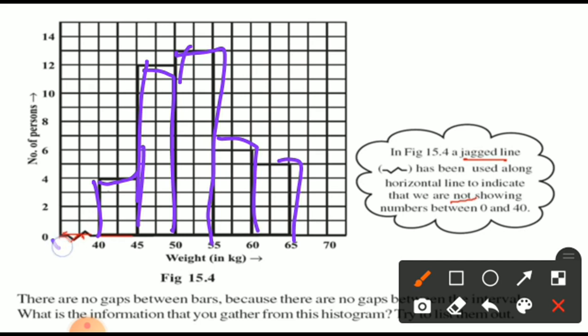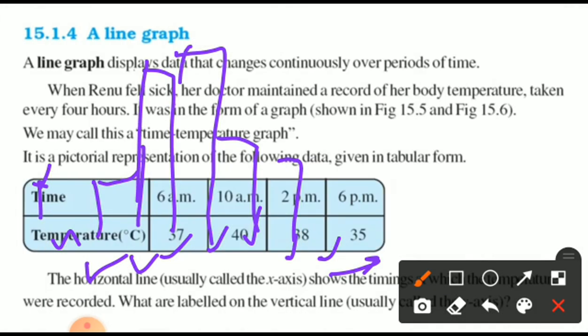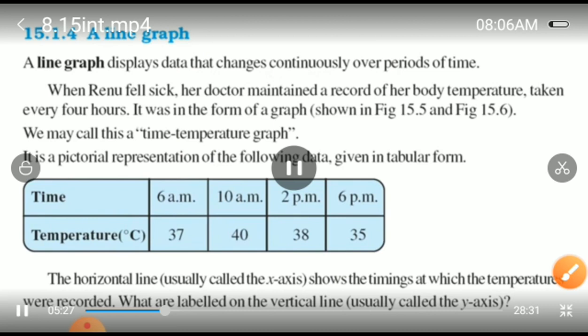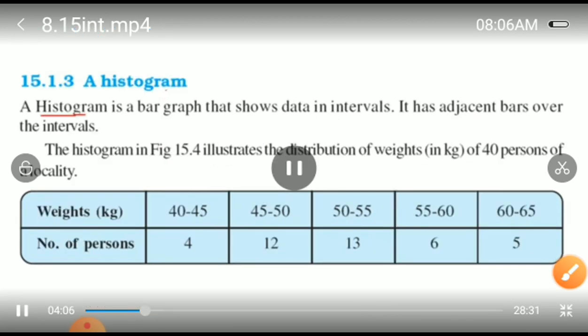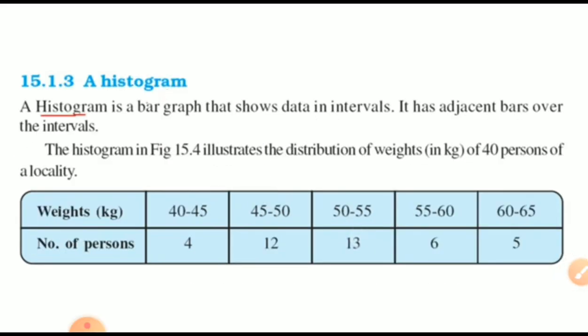Here, this is a zigzag line. Isn't it better? A zigzag line. No need to write 1 to 40. Here we can directly start from 40, then 45, then 50, then 55, then 60, and 65, and 70. Both the numbers are there. It's the weight in kilograms, and here the number of persons. Isn't it better? Correct. So you can find out what the things are here. So you can see the bar graph and the persons shown on the graph.